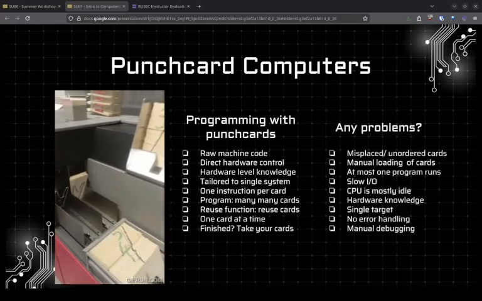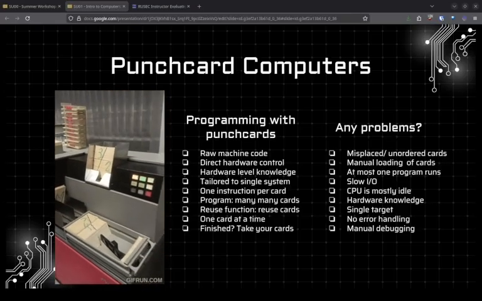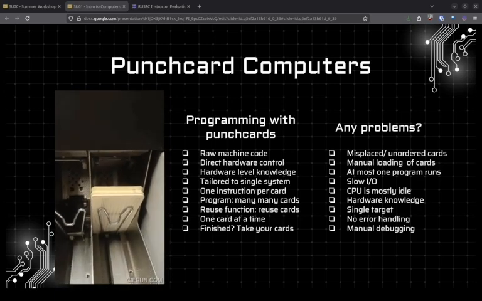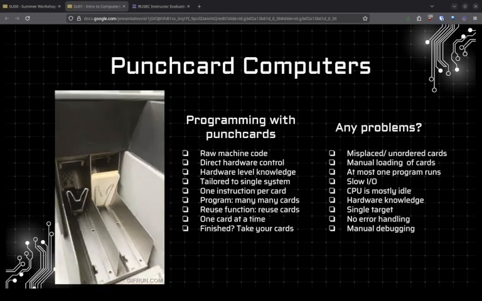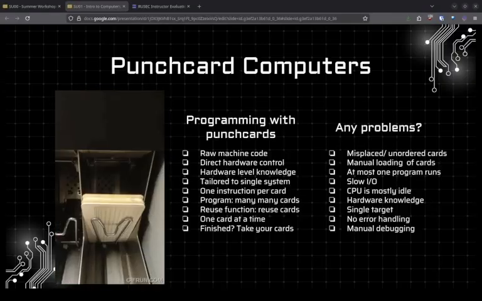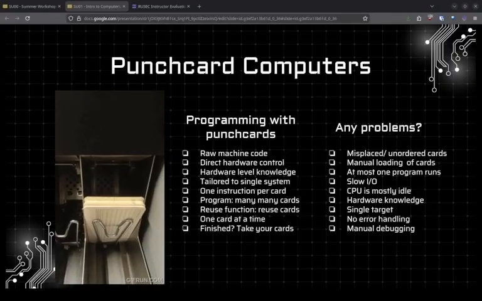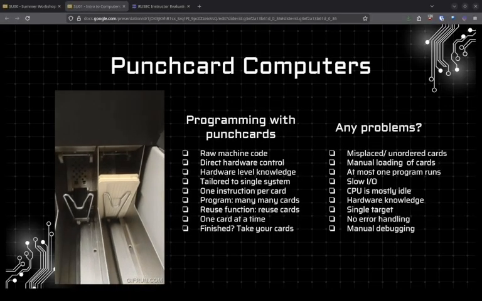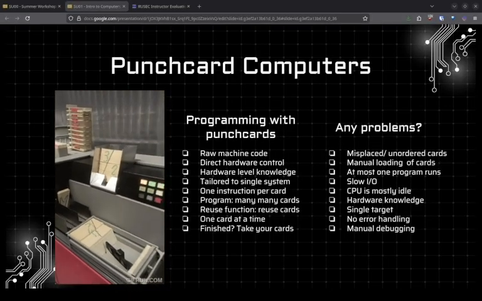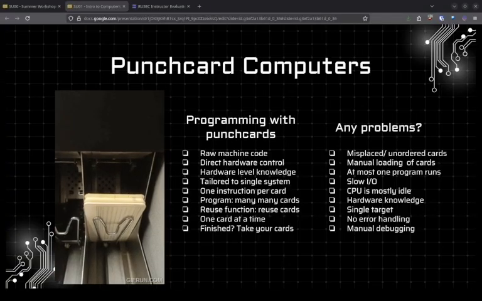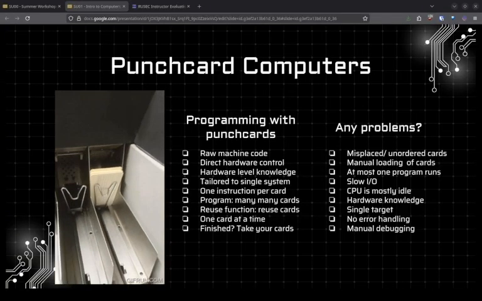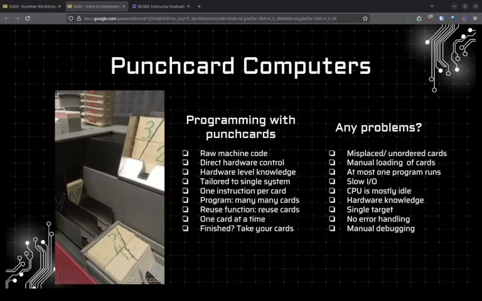Another issue which made programming with punch card computers very difficult is that programmers had to have knowledge of the hardware specs, not just of the computer, but also the peripherals and how they interact together. For example, one easy example would be trying to print hello world. It might seem simple. In Python, it's one line. But back in the day, you'd have to account for different ways a printer could print to